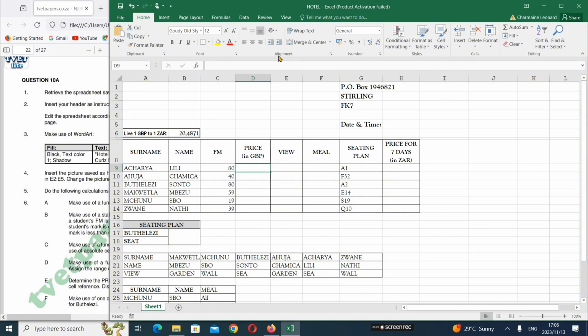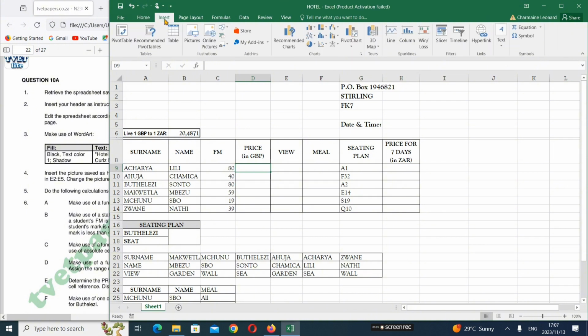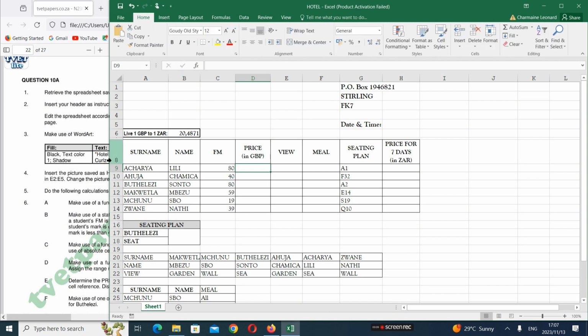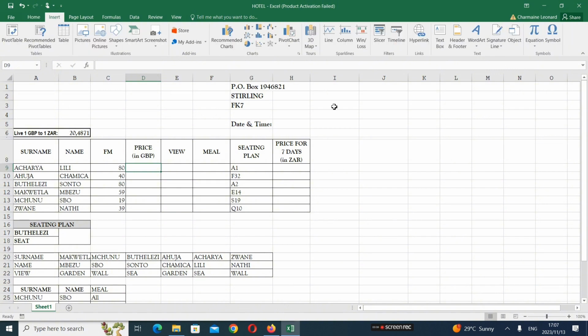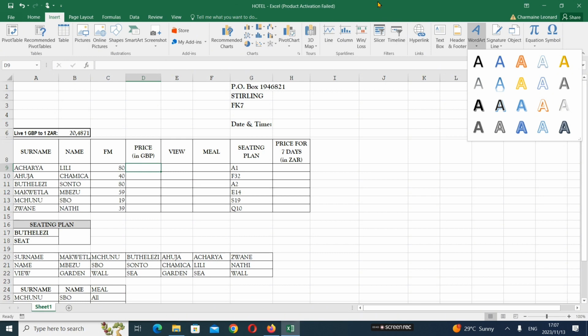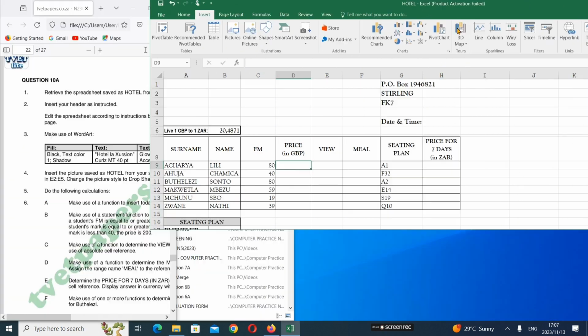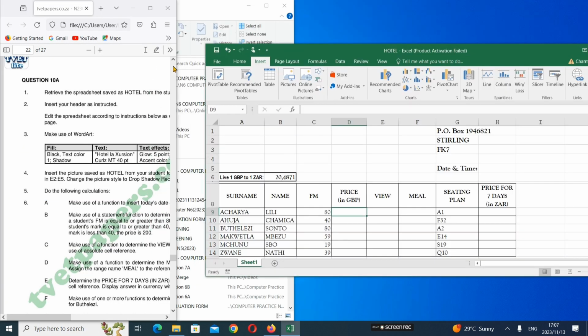They said you must make use of WordArt. Oh, Insert. It's supposed to be here, so let me just try to make this bigger. Insert. Oh yeah, here's our WordArt. So okay, let me check this. So they said